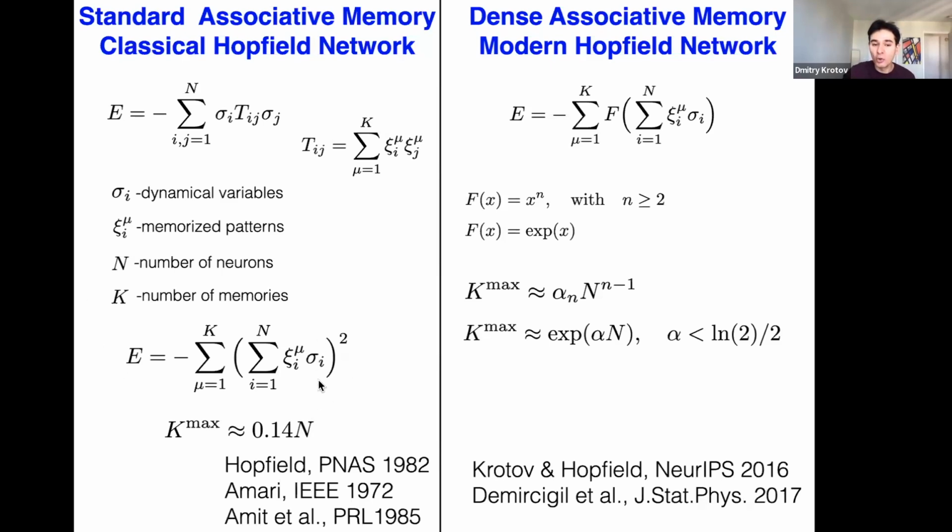So essentially you take the dot product between the state vector sigma and each individual memory, and then you square that overlap, and you sum that overlap over all the memories. And that's my energy. So now imagine that instead of squaring that overlap, we would pass it through some very rapidly growing function f. I'm going to specify what that function f will be in a second, but let's imagine that this function grows faster than quadratically. For example, it can be x to the power n, where n is an integer,